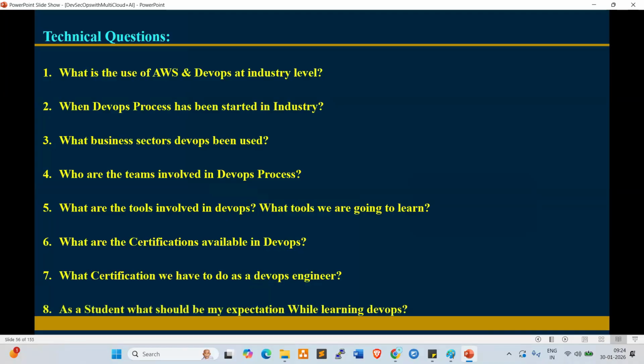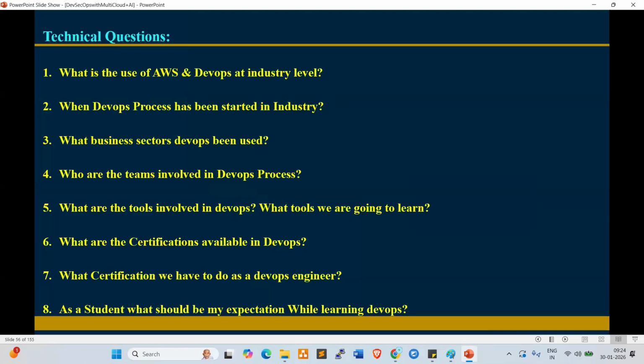Next question here is, as a student, what should be my expectation while learning the course? Once you complete this course, you'll get a minimum of 3 to 4 years of experience.